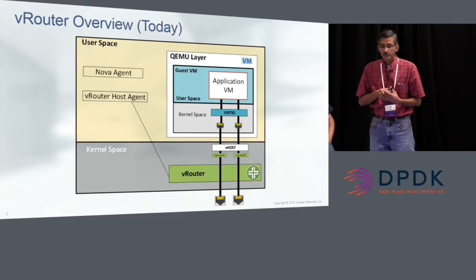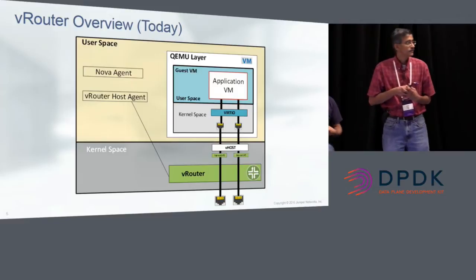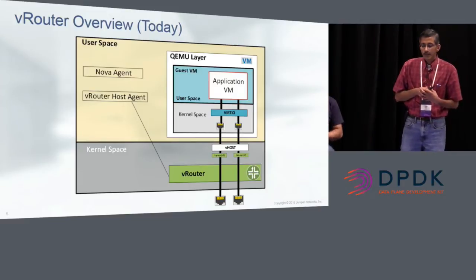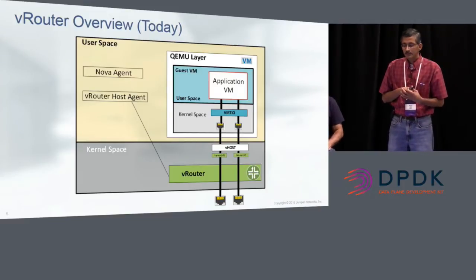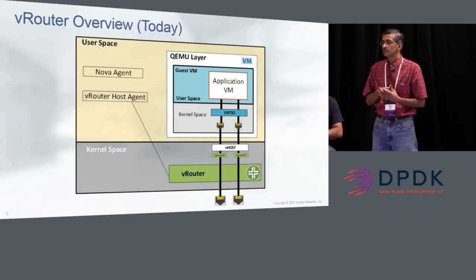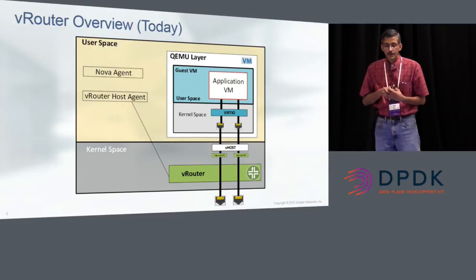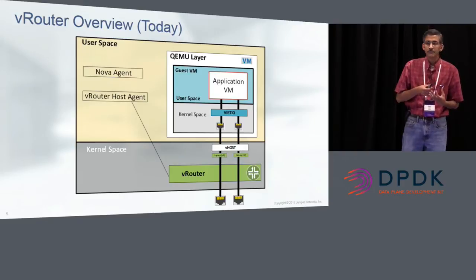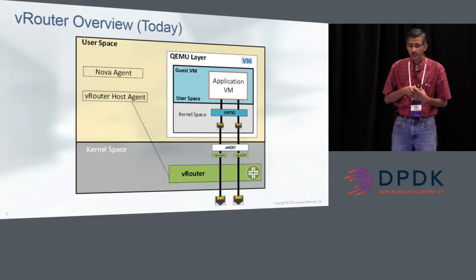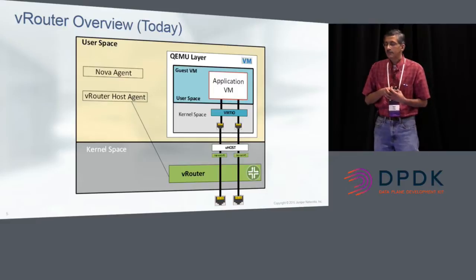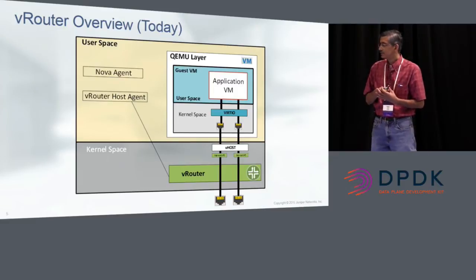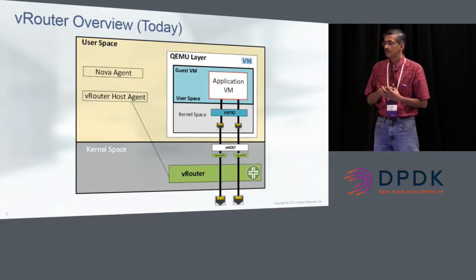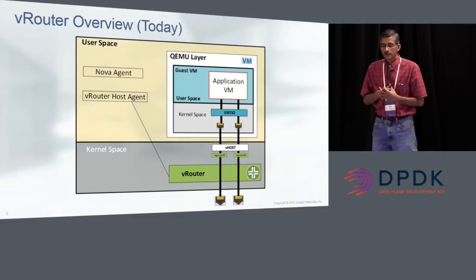And in the other direction, the VM uses standard VirtIO front-end drivers, and that interfaces with the vHostNet process inside the host kernel, which in turn sends the packets over the tap interfaces for that VM. And vRouter hooks onto the tap interfaces. So any packets sent on the tap interfaces would be handled by vRouter. And if they need to be encapsulated before being sent on the wire, that would be done by vRouter, and the packet would be sent on the wire.